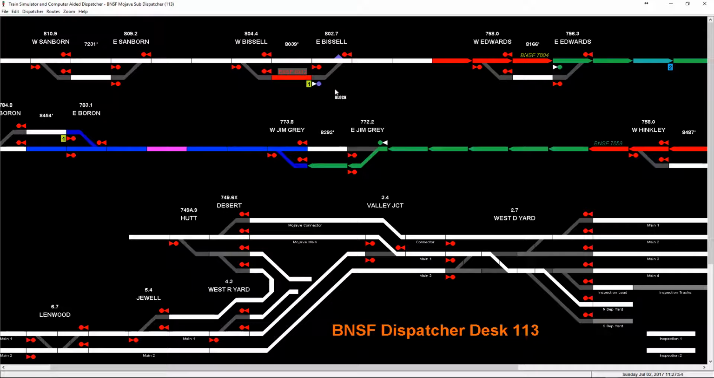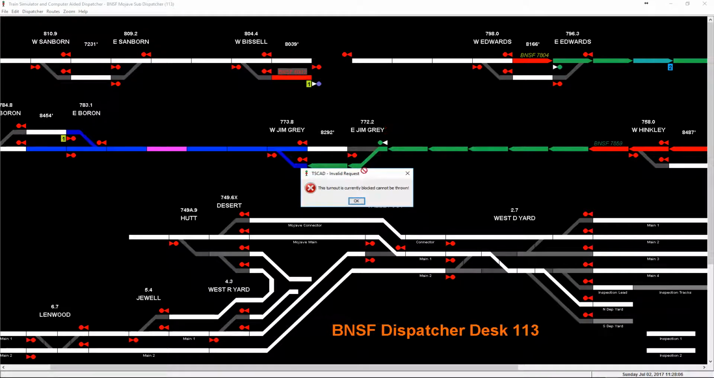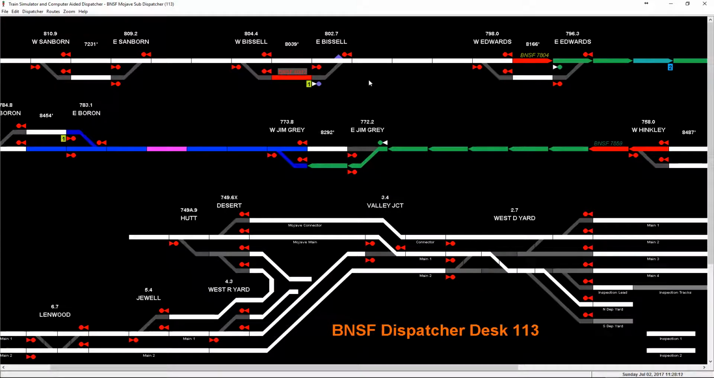So what that means now is that we cannot align this signal, which wouldn't matter because we'd have to throw the switch first. And at the moment, we can't even throw the switch. So if we click on that, it's going to give us an error. It says this turnout is currently blocked, cannot be thrown. So until we remove that block, the east switch of Bissell cannot be thrown for